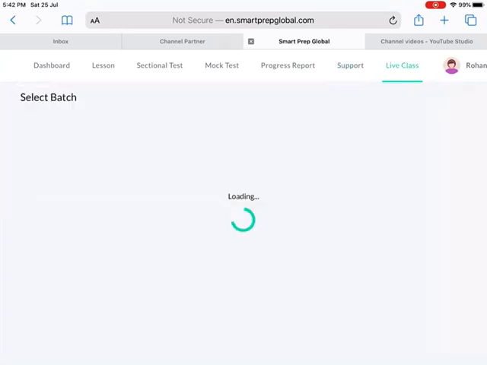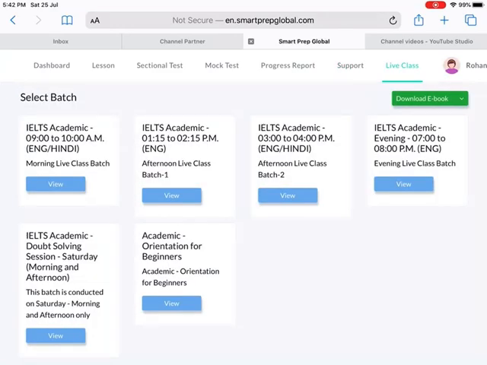In this video, we will check how we are supposed to go ahead with the live class. So once you click on the live class on the portal, you'll be greeted by this page. To start with, just check on the right hand side upward corner, you'll see that there will be a download ebook. This being a freemium package, you are going to get a limited access to the book. However, when you buy the package, you will be able to download a Cambridge book which is meant for IELTS.